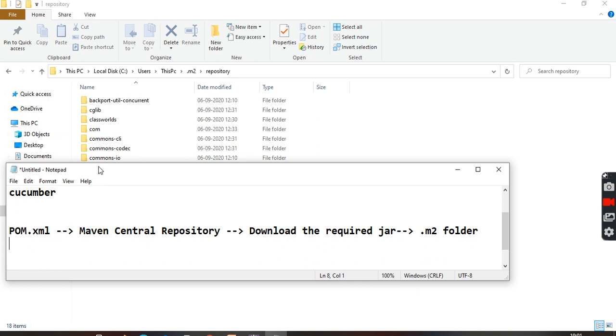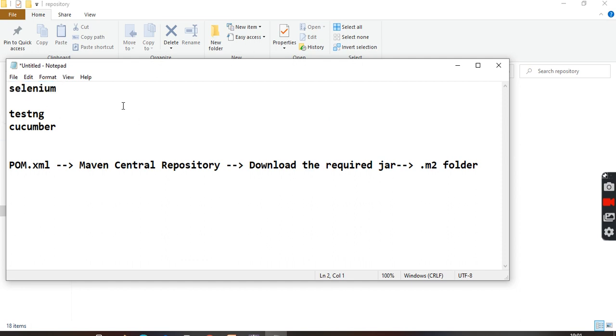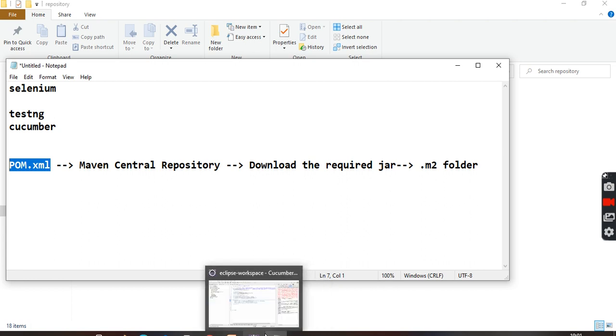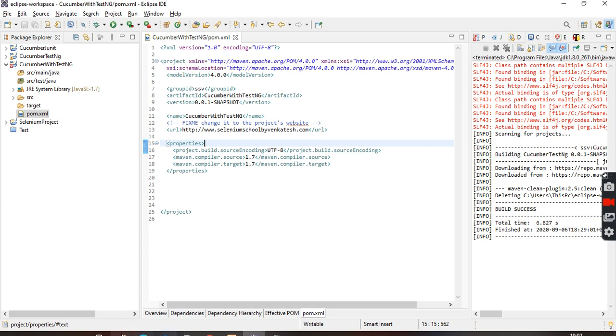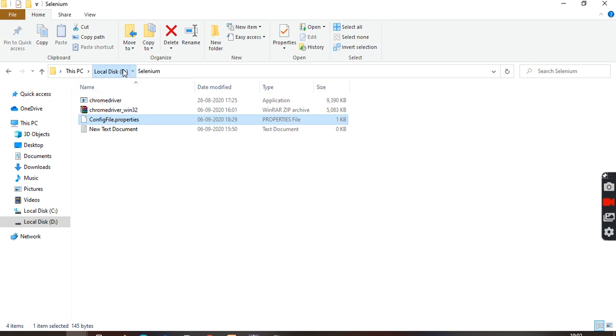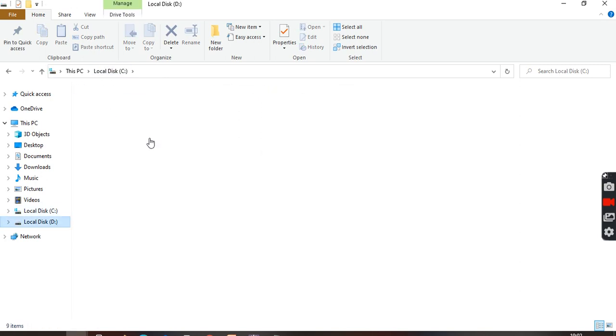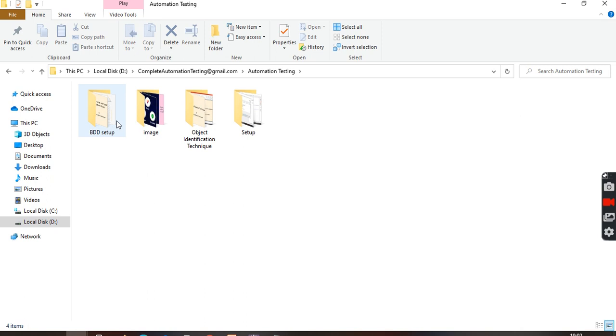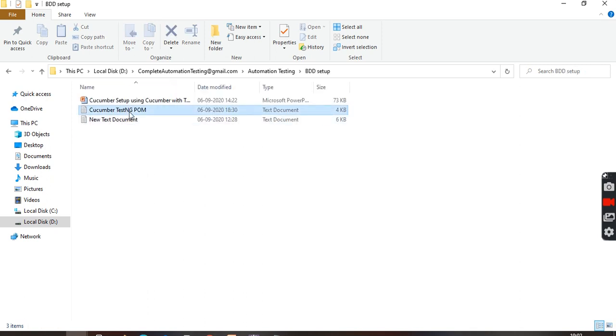In the pom.xml, what are you going to mention? I am going to mention Selenium. I want Selenium. I am going to tell the pom.xml I want Selenium. How are you going to inform your pom.xml? Is there any format to inform the pom.xml? Yes, we have some format. What is that? That is what I am going to show right now. For time being, I just kept it in my local system.